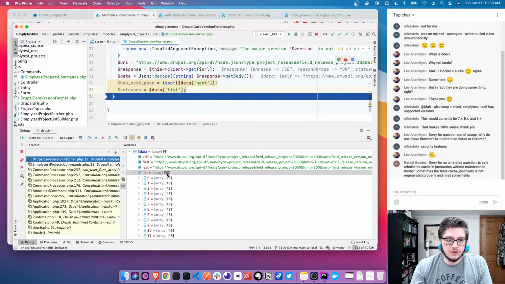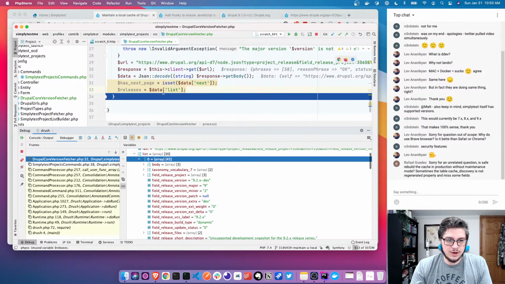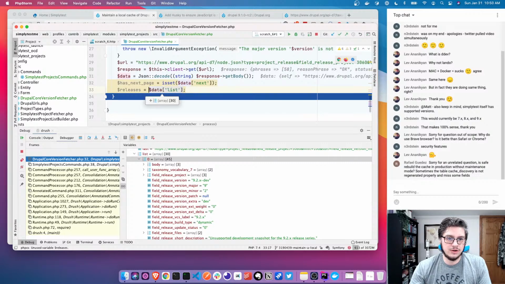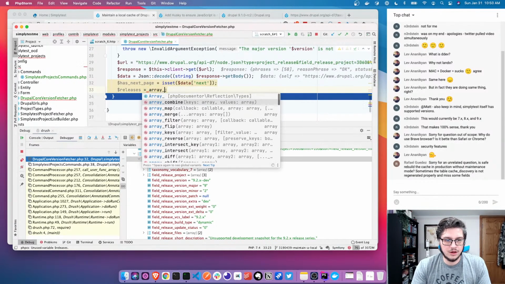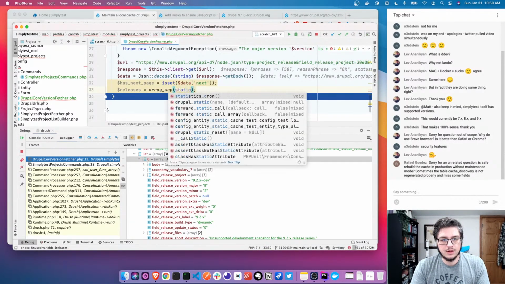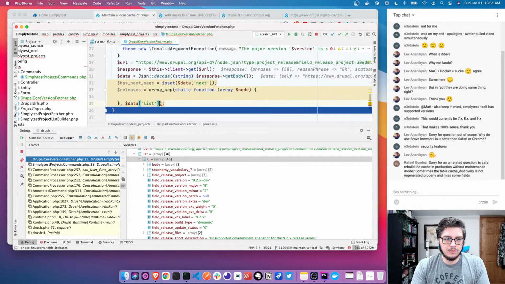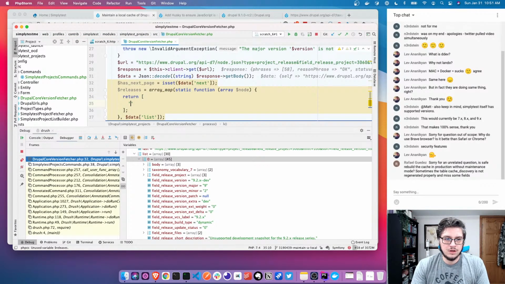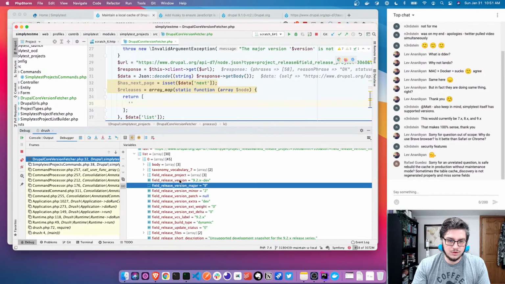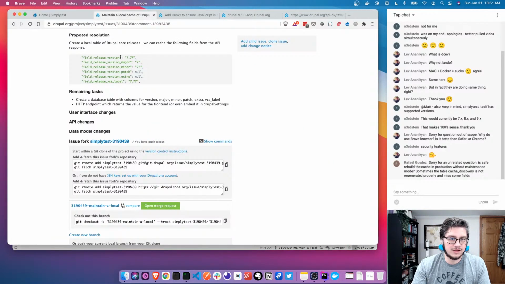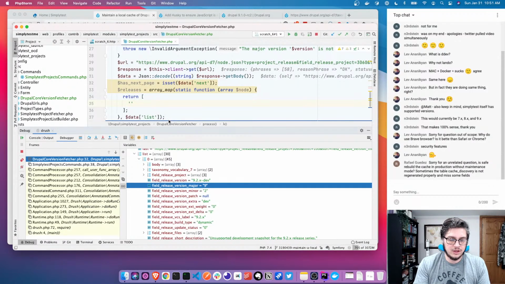So we're going to go for releases, and we know we want certain values. So what I'm actually going to do is we'll have releases be array map. We know it's a node, so we'll call it a node, and we'll pass it the data list, and we'll do return. It's going to go back to the issue. So I did say we'll capture all of these. So we'll say